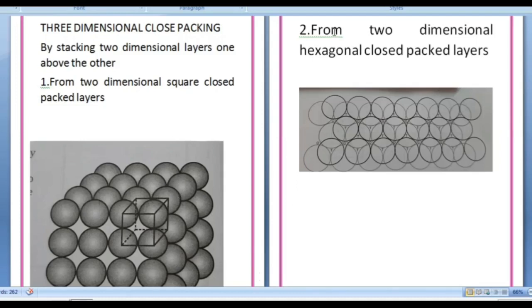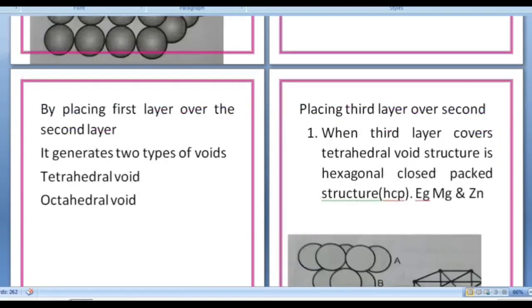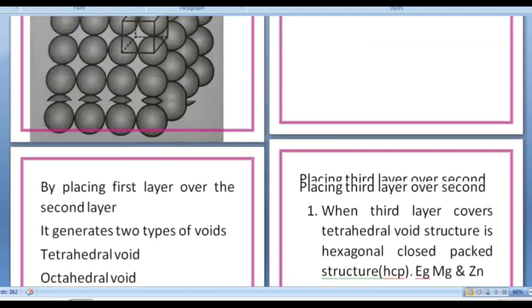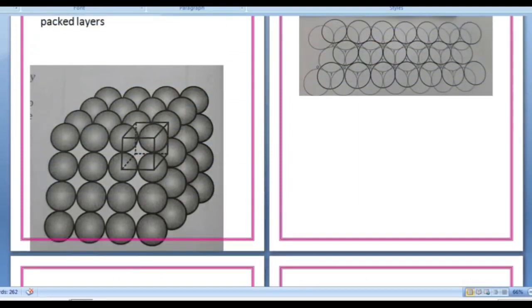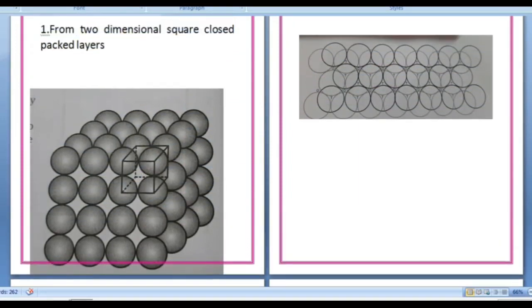The second is from 2-dimensional hexagonal packed layers, in which you get 2 types of voids. The first is tetrahedral void and the other one is octahedral void. If you look at this figure, you will find T and O written in it. The places where T is written are tetrahedral voids, and the places where O is written